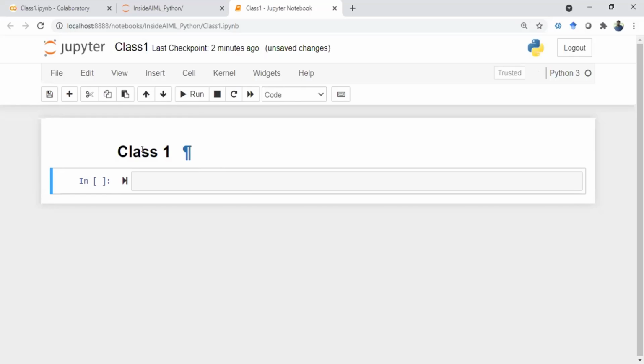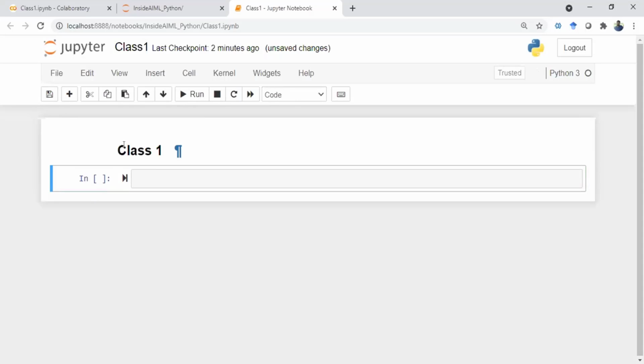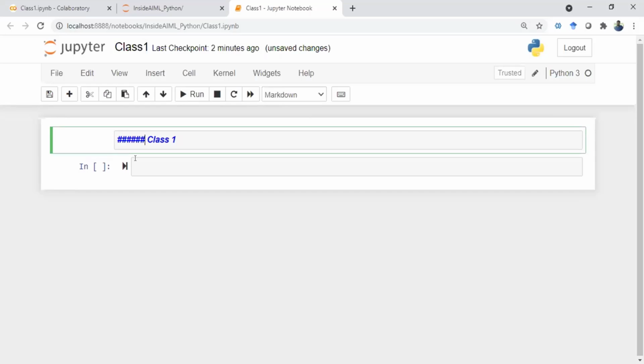Okay. So if you use a double hash, then the size will get reduced a bit. Okay. So you can use up to 6 hashes like this. After that, if you keep on using hash, then nothing will happen. Okay. All the hashes will appear as such.